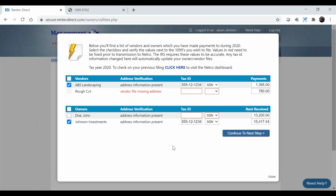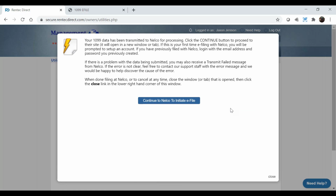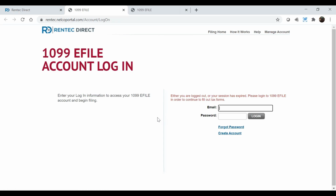That's a vendor of ABS Landscaping and Johnson Investments for an owner. And I'm going to click Continue Next Step. Maybe I'm going to find the missing information a little bit later. So we're just going to go ahead and continue with these two forms. We're going to click Next and then Continue to Nelco to initiate e-file. And basically what has just happened is that Rentec has gathered up all that 1099 information and sent it over